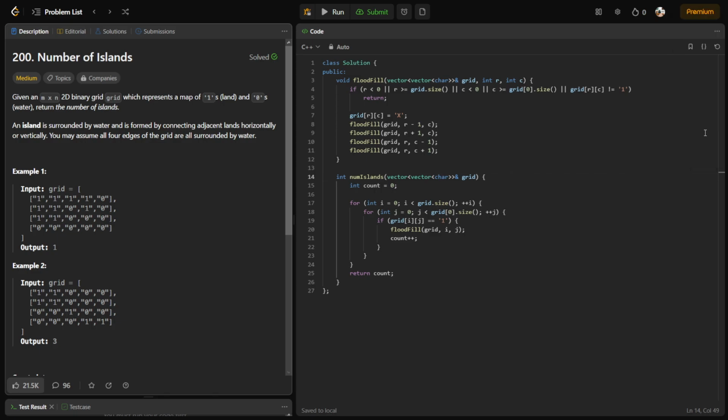Okay, so this problem will obviously require some sort of a flood fill to change the islands that we have explored into zeros, so that we would not revisit them. And if you don't know what flood fill is, it's basically you start at a point,